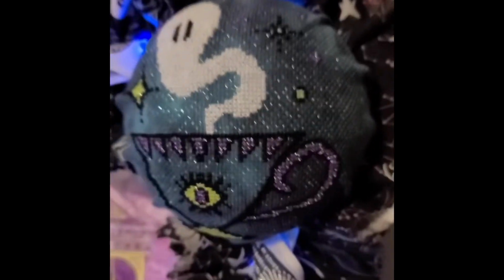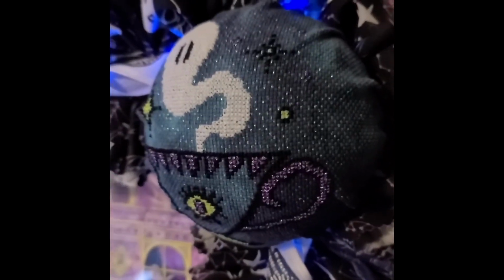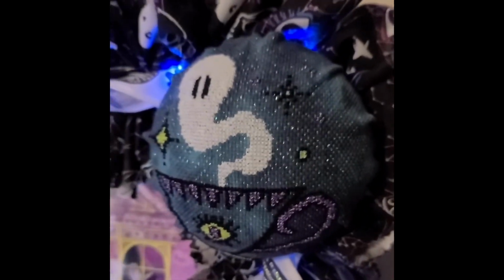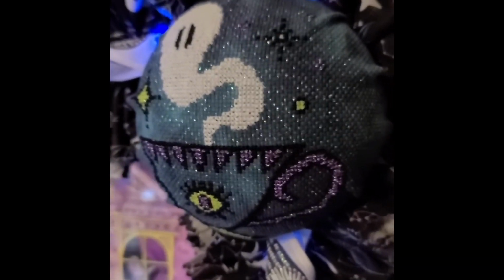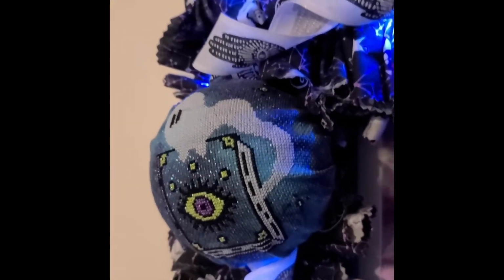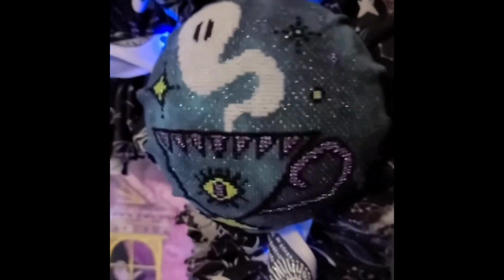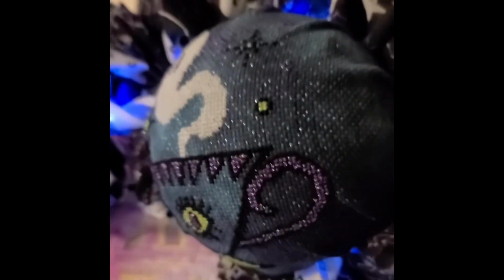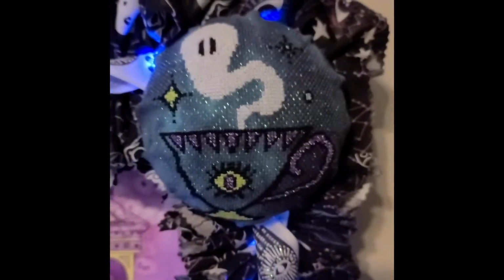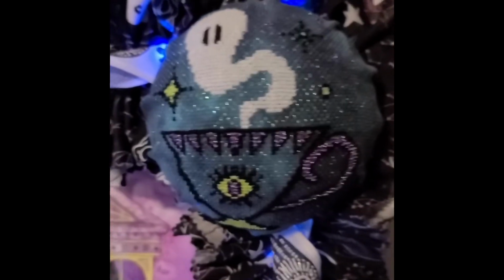So let me zoom you in. So what I ended up doing was, I believe this was a 16 count Bestitch Me that I think I bought or won in a Friday Fight Night. But believe it or not, all 3 of these were from the same fabric. So zoom in kind of close here. Here's the teacup one. And they're rounded because what I did was I took the square, cut the square out